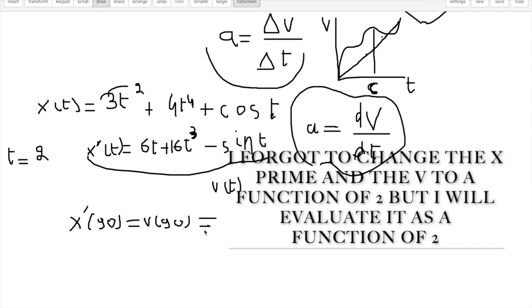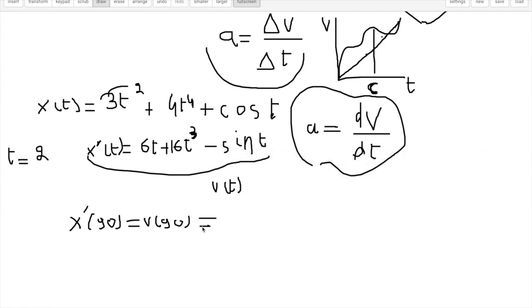So if you were taking the AP Physics C mechanics exam, you would have access to a calculator. So no matter the seconds here, you could just plug that into your calculator. So here we have 6 times 2, which is 12, plus 16t cubed. 2 cubed is 8. Then we do 16 times 8, which, let's see. So we have 16 times 8. So here we have 48, and then 1 times 8 is 8, plus 4, left with 12. So 12 plus 128